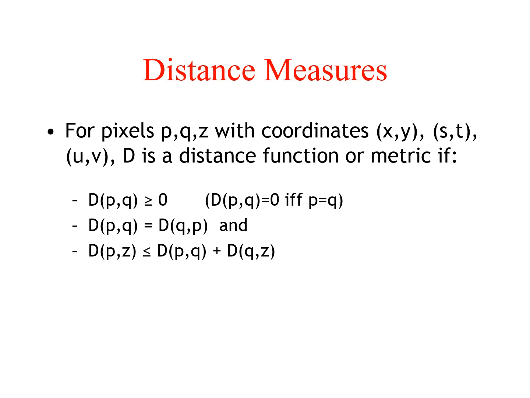For pixels p, q, z with coordinates (x, y), (s, t) and (u, v), the distance D is a function or a metric if these conditions are true. You have learned this in mathematics also. The distance between p and q has to be greater than or equal to 0. The distance between p and q is equal to 0 if and only if p is equal to q, meaning the starting and ending points are the same. The distance between p and q is equal to the distance between q and p, and this should be satisfied. The distance between p and z is less than or equal to the distance between p and q plus the distance between q and z. You have learned this in maths.